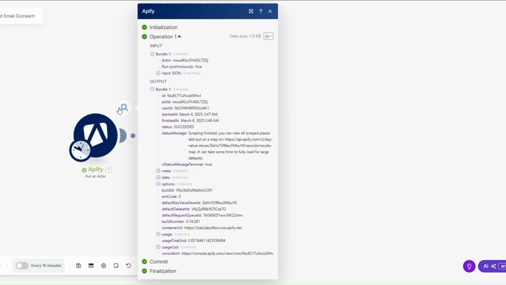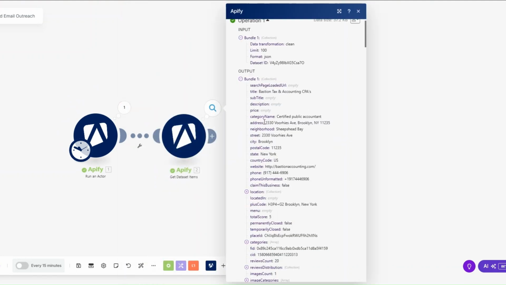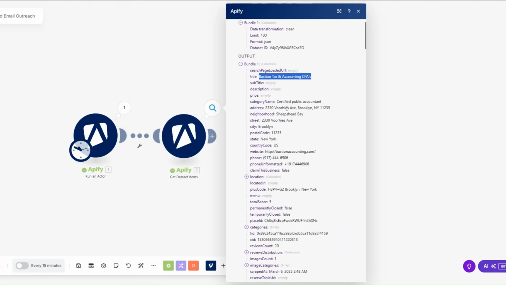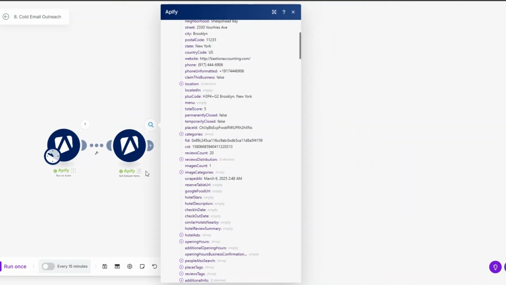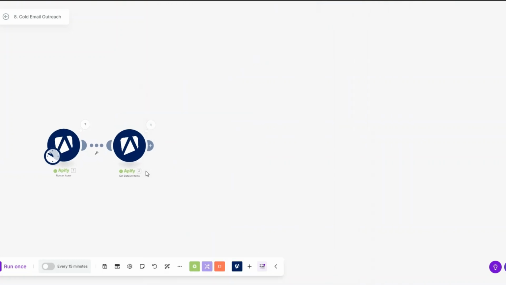You can see that our tool ran successfully. Status was succeeded, and here we got our leads. We're scraping accountants in New York. So you're also getting their website right here. Now with their website, we can try and scrape their website and see if they have any contact information added